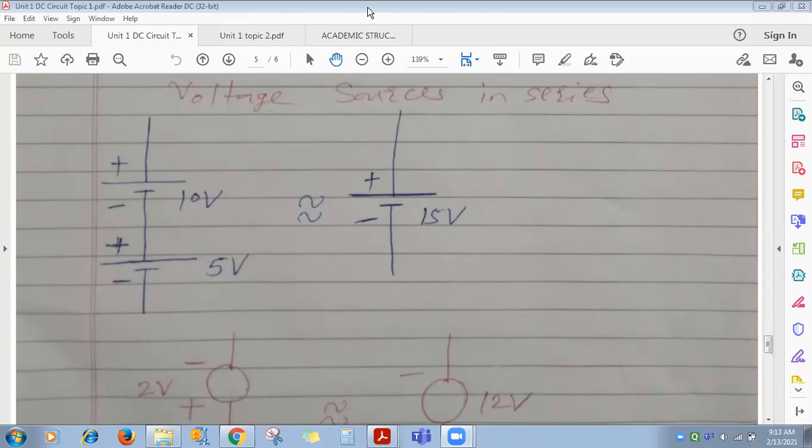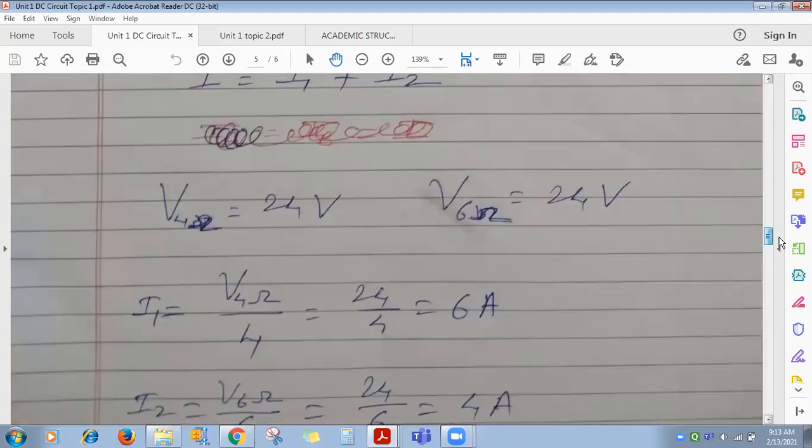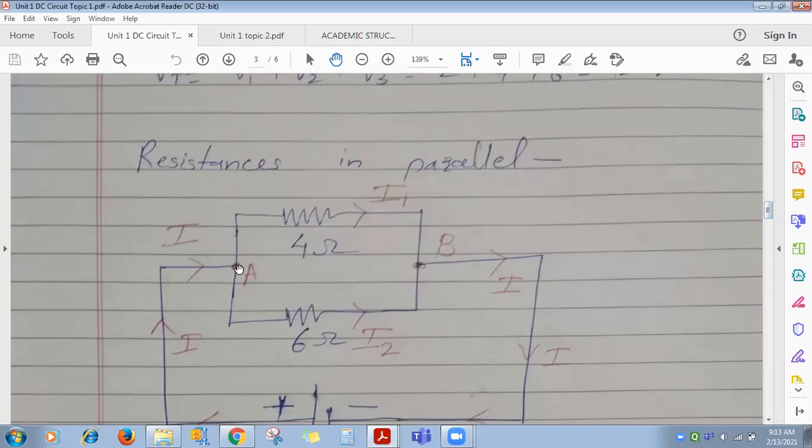Okay. Whenever we say that the resistances are connected in parallel, check two conditions. Which two conditions do you have to check? Here, the current entering at node A is the same as the current leaving node B, and I1 plus I2 is equal to I, at point A also, at point B also. If these two conditions are satisfied, then only you can say the resistances are connected in parallel, otherwise not.